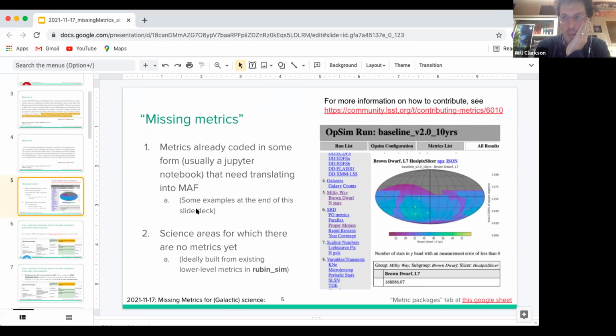So most of this session has been planned to be discussion of those two issues, and the idea is to help the community tell the SIMS team what they need, and also for the SIMS team to make sure that we know what would be helpful to them. So Lynn, Peter, and Eric, what would be helpful to you to help us help you get the metrics across the finishing line for December?